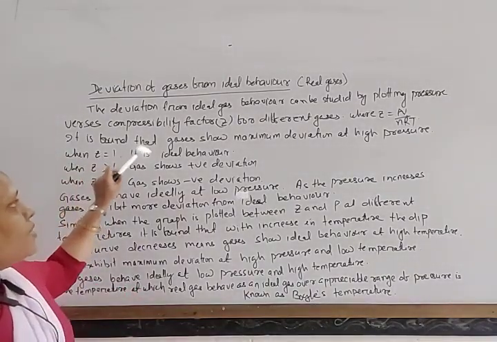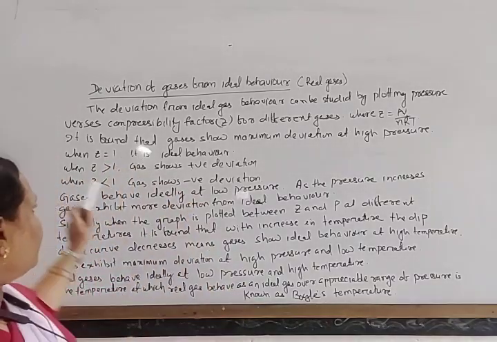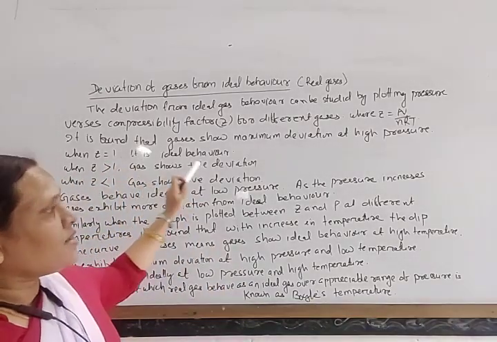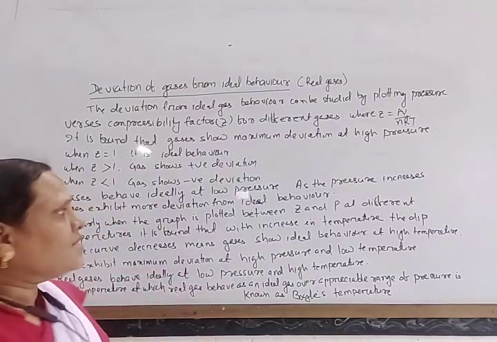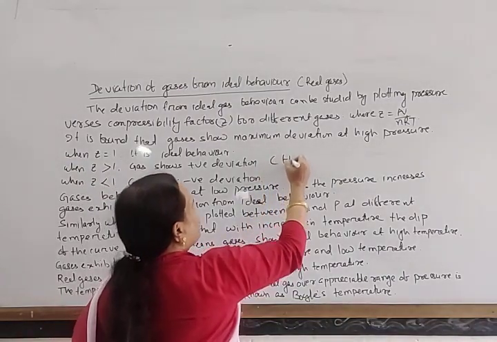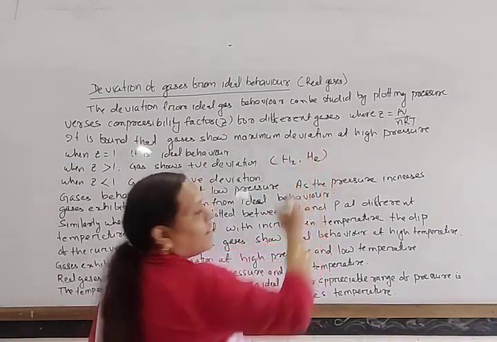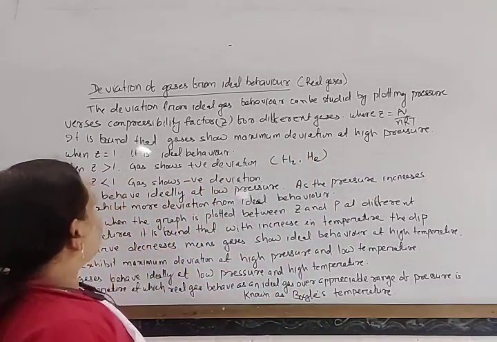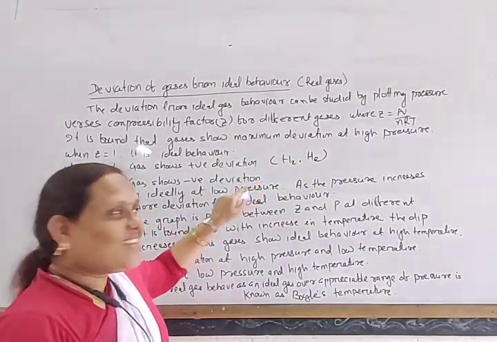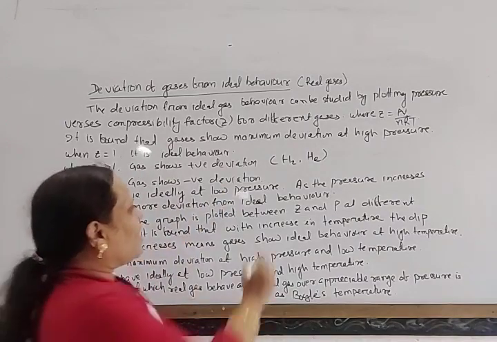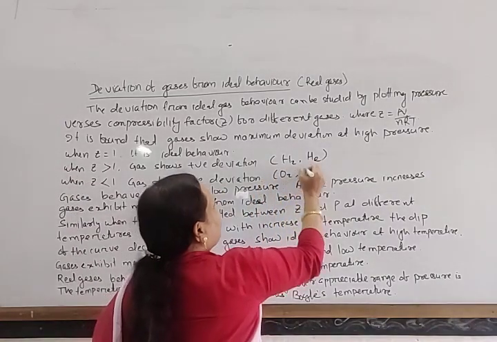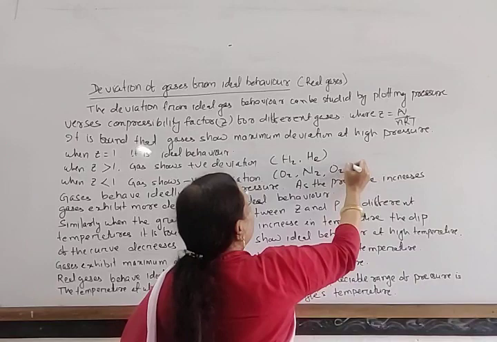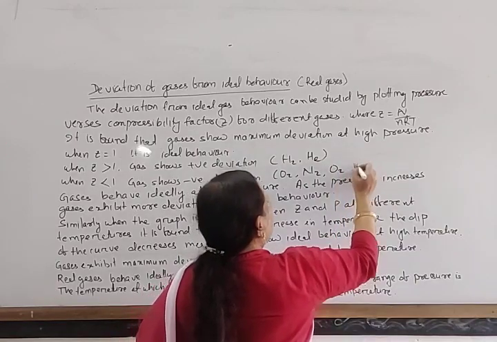When Z is equal to 1, it is ideal behavior. When Z is greater than 1, gas shows positive deviation. Generally, gases like hydrogen and helium exhibit positive deviation, and gases like carbon dioxide, nitrogen, oxygen, etc., exhibit